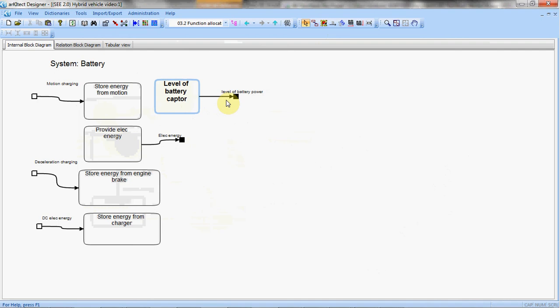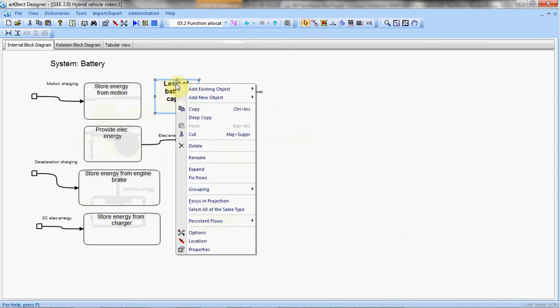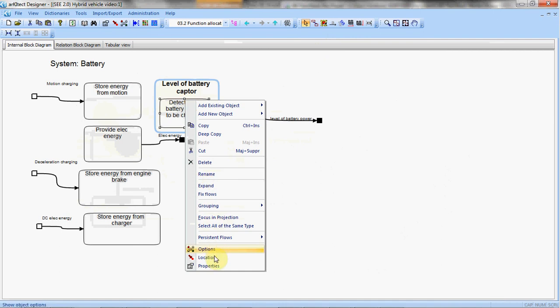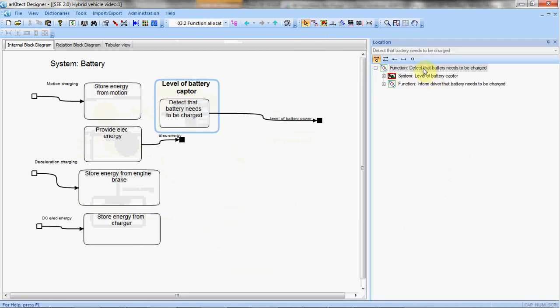In addition to coherency, Architect ensures traceability in our model, as we can see through the location window. If we look at the location of the function we just added in our model, we can see that the function detect that battery needs to be charged is both defined in the physical architecture and also in the functional architecture.